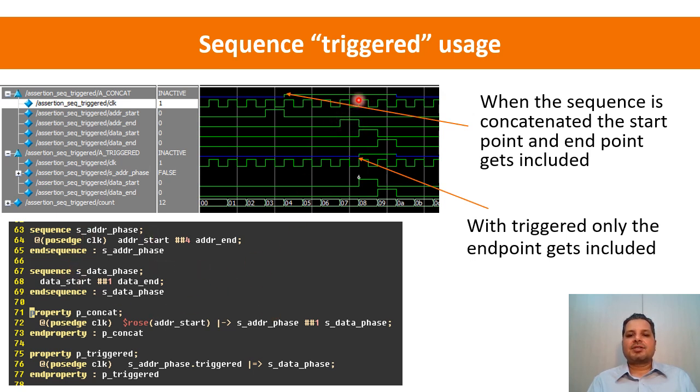Okay, so the address phase sequence has completed on this clock 7, where the count is 7, and that's where the property that we are using dot triggered is starting. So you can see over here it is starting, and as soon as the data phase end sequence is detected, or the endpoint has reached, the assertion has completed and it is holding. So this is the difference, how it behaves if you are using